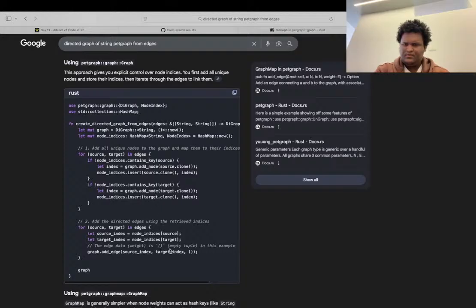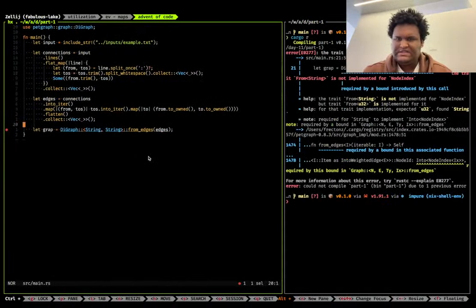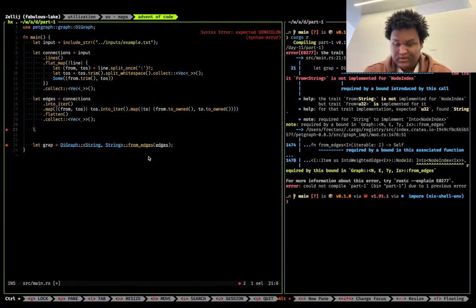Okay, you can't do from edges. I guess we have to do this instead. Okay, that's freaking annoying, but okay. So what we need to do is from here we need to produce two iterators, or I guess let's have it like this, and we will, let's say, nodes equals